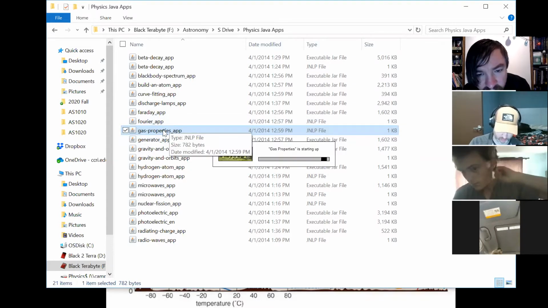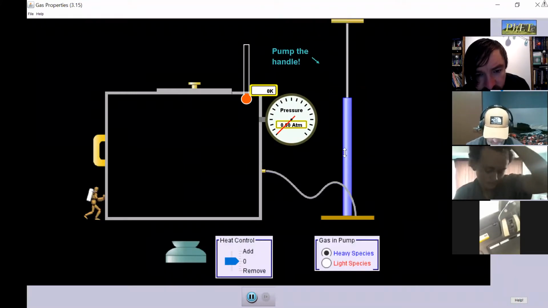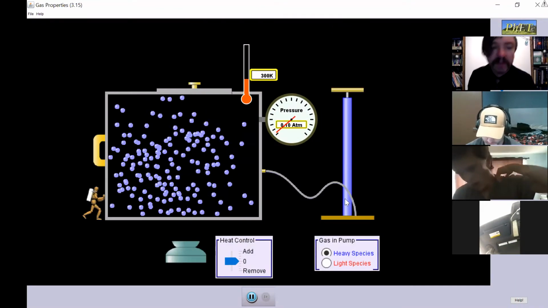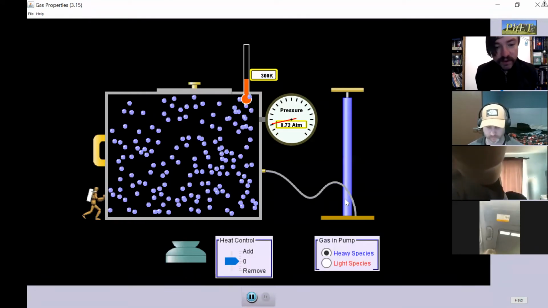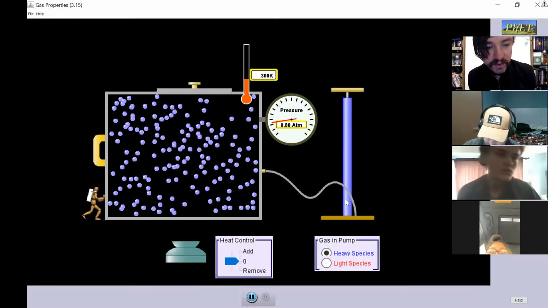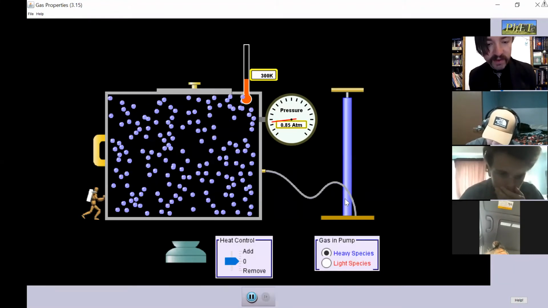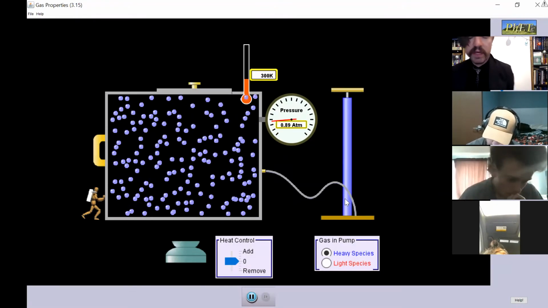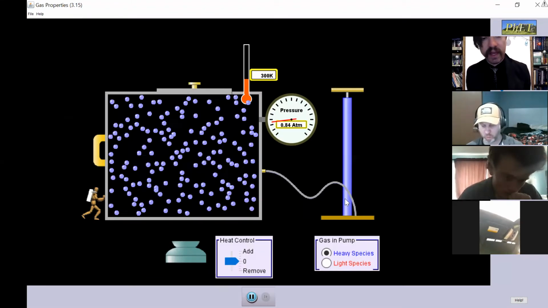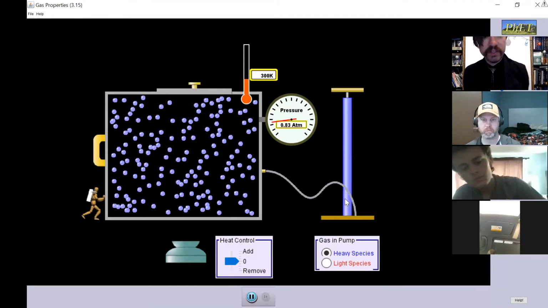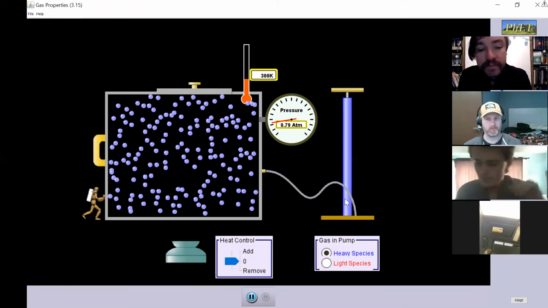When we look at particles in an ideal gas, it's obvious that they're not all moving at the same speed. Once the gas thermalizes, once it comes to a uniform temperature, you'll notice that some particles are moving slow and some are moving fast as they collide with each other. Temperature measures the average kinetic energy. It does not measure the individual kinetic energies. The particles' kinetic energies change, but the collective kinetic energy of the box remains constant.